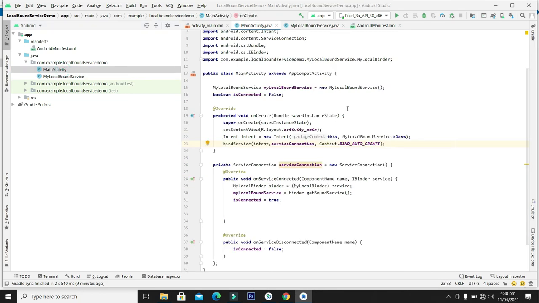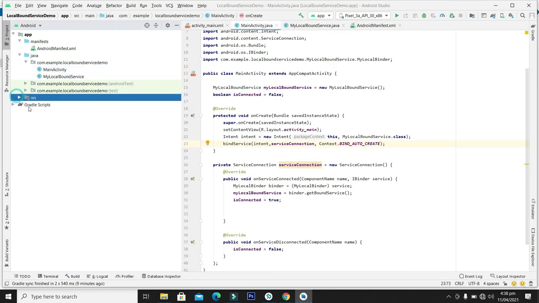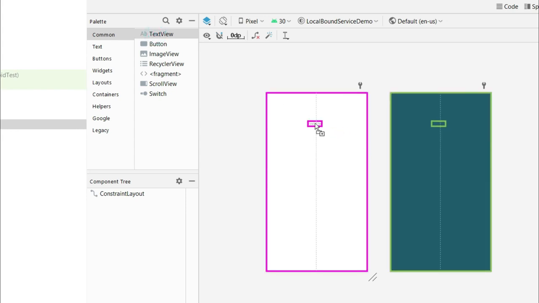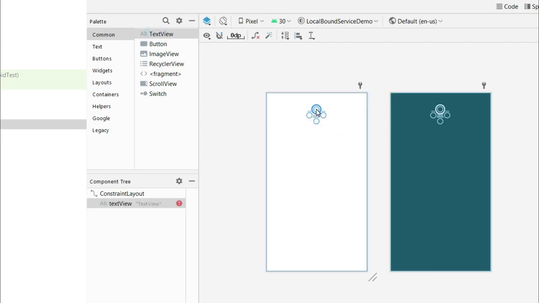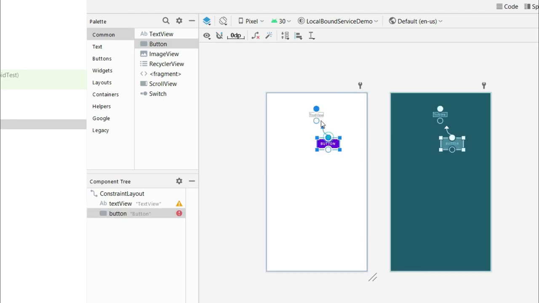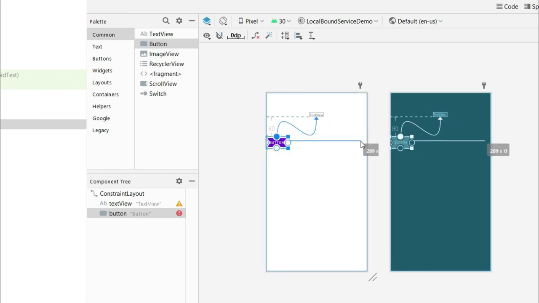For taking the time, let's make some user interface. From here delete this text view, and now put a button here and make appropriate constraints.